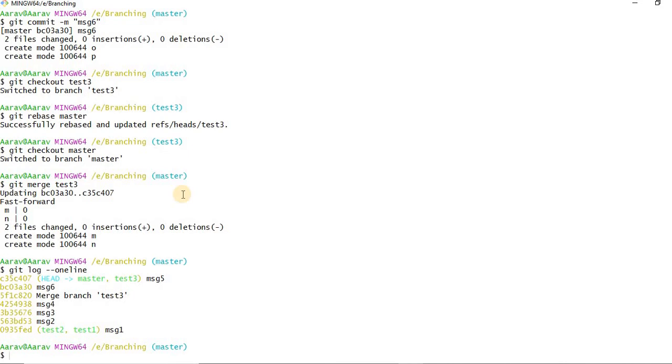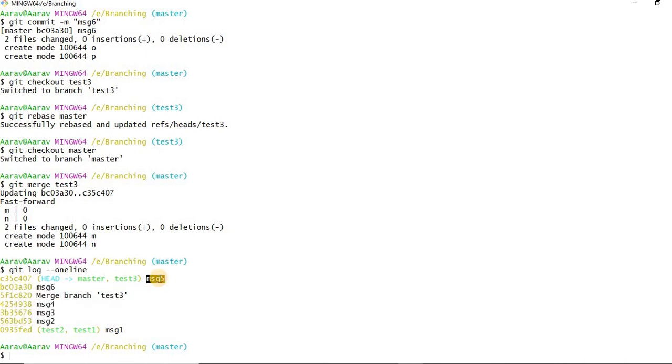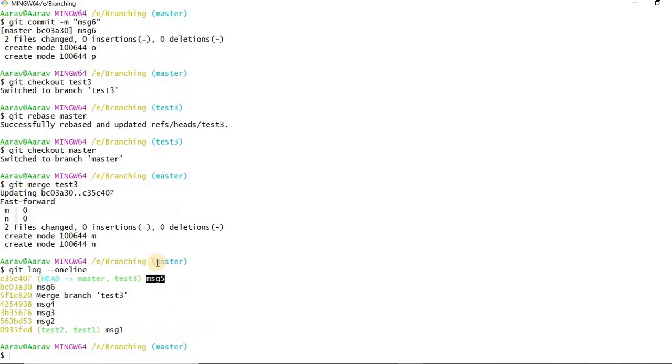If I merge again, the order should be message 1, 2, 3, 4, 5 and 6, but here the order has changed, because message 5 is from test3. After finishing the message 6 commit, I did the merging, and at this point I am getting the data from test3, so it is on top. I have merged here, but where is that?